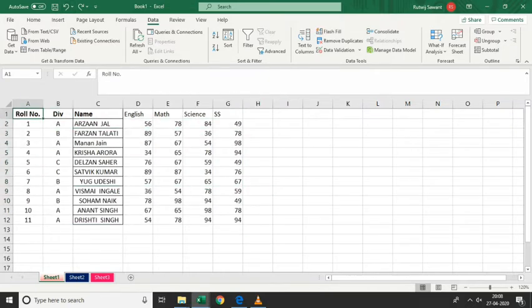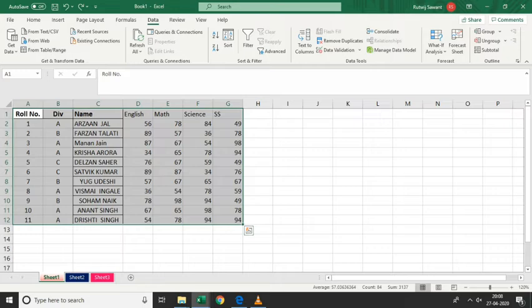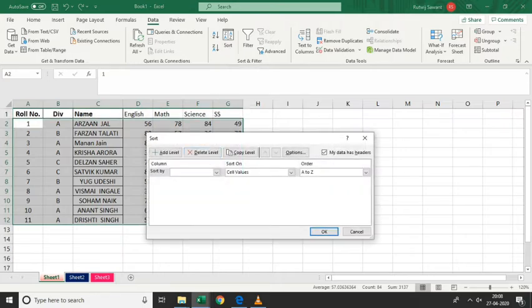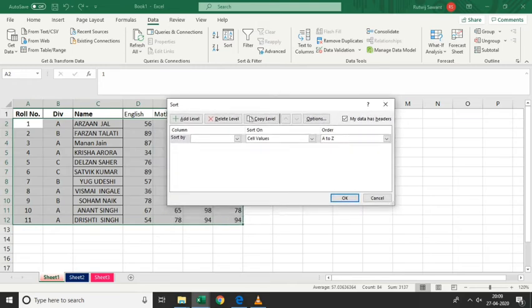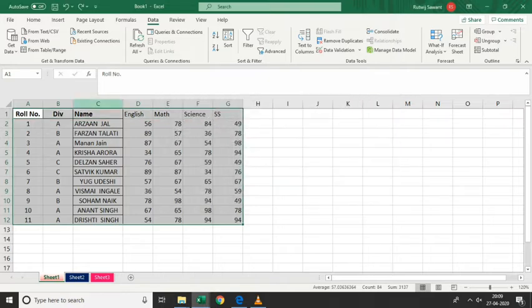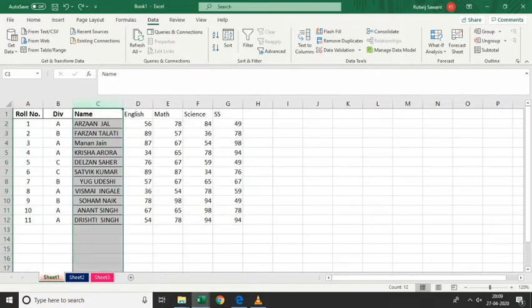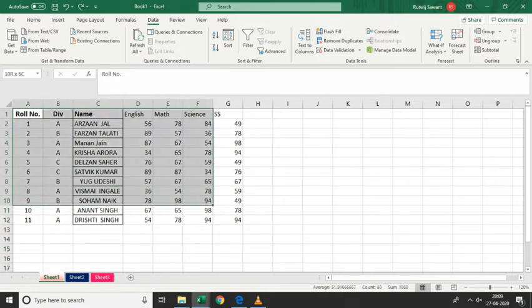Now suppose I want to sort data according to the name and even according to the division. I want to sort the data in alphabetic order, and also division wise. For that, select your data, go to the Data tab and click the sort command, and then this box will open.